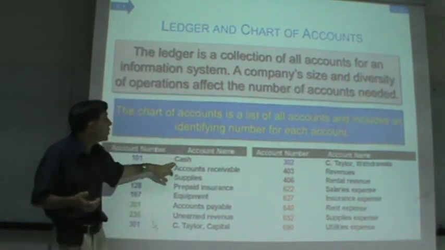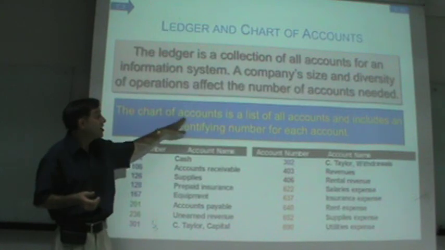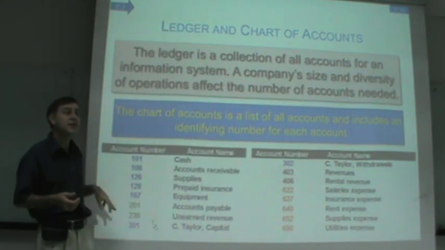And then you will also have a chart of accounts. And chart of accounts is simply the